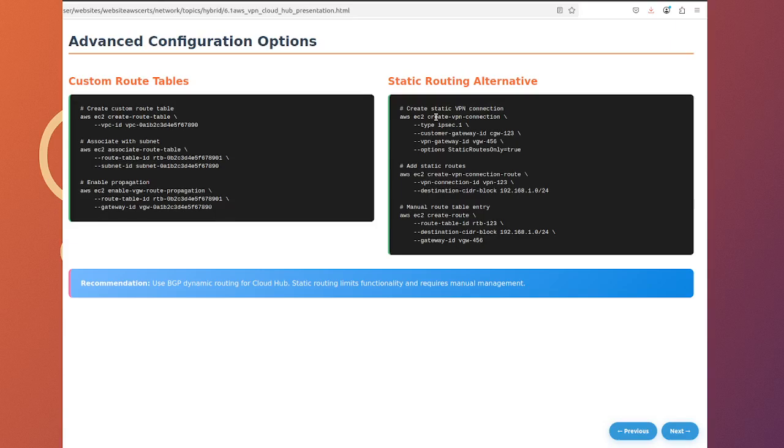Advanced configuration options. Let me show you some advanced configurations that give you more control over your Cloud Hub deployment. Custom route tables are useful when you want granular control over which subnets can access the VPN connections. Maybe you only want certain servers to communicate with branch offices. You can create separate route tables for different subnet tiers, like public, private, and database, and selectively enable route propagation